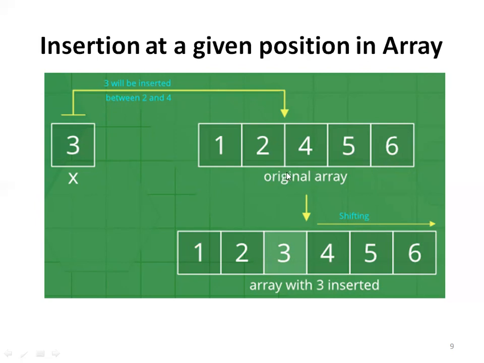So here in the third position we have 4, but we want to insert this item 3 in the third position. So whenever we want to insert 3 into the third position, then all the data items after that must be shifted towards the right. And we must have one extra position or extra location to store the shifted data items here on the right hand side. So you can see this is the shifted array. So 3 is inserted here, and these 4, 5, and 6 are shifted right by one position. So this is how insertion is done in an array.